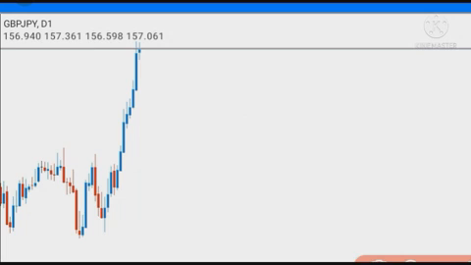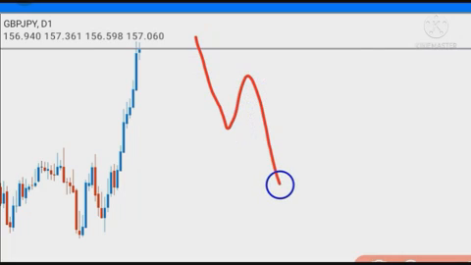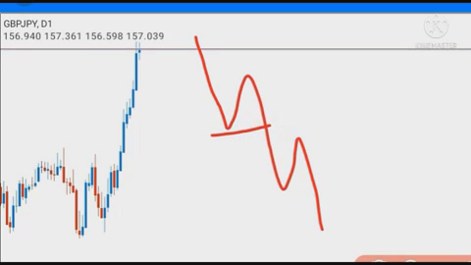Now, in a downtrend, it's the same structure, but this time it goes like this. Higher high, lower low, lower high, lower low, lower high. Take a look at it. Let's start from the lows. We want to see the lows getting violated, but we want to see the highs respected. These highs must not be broken in a downtrend. If the downtrend must continue, then the highs must not be broken.